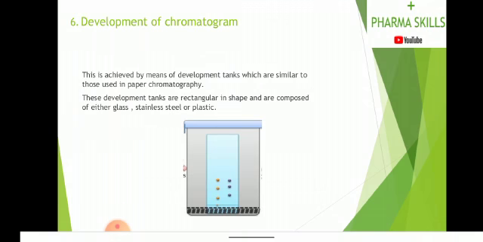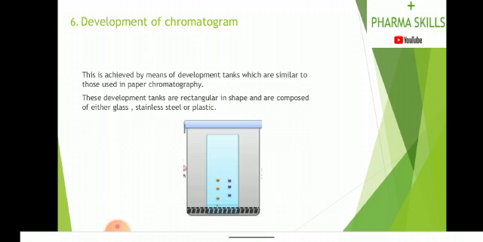Now sixth, development of the chromatogram. We have drawn the origin and now see the distance. This is achieved by means of development tanks, which are similar to those used in paper chromatography. The development tanks are rectangular in shape and are made of glass, stainless steel or plastic.